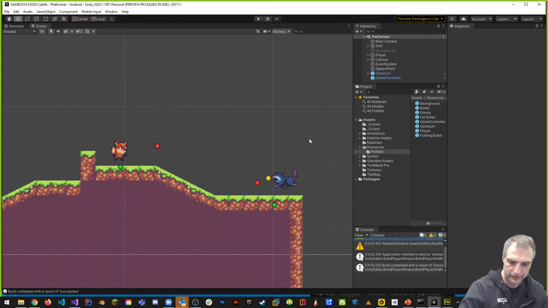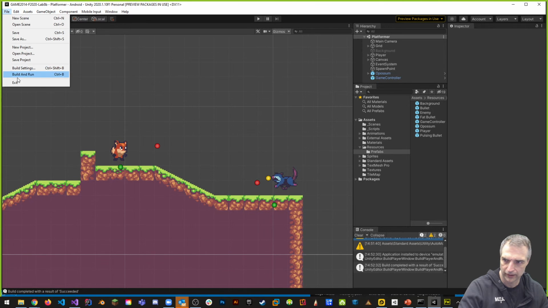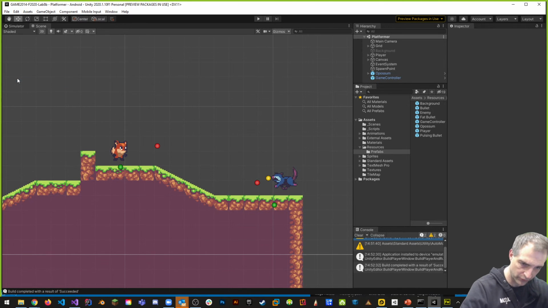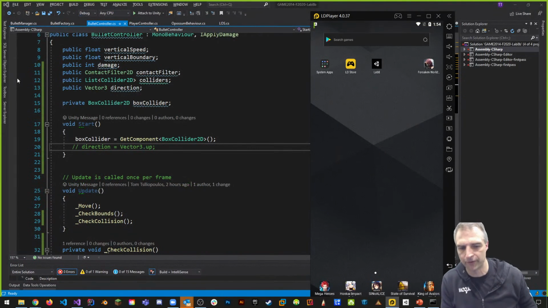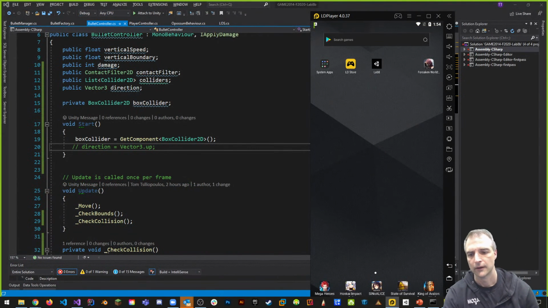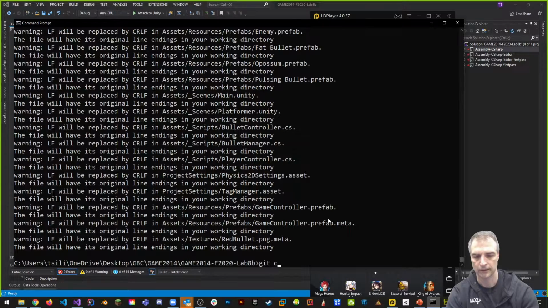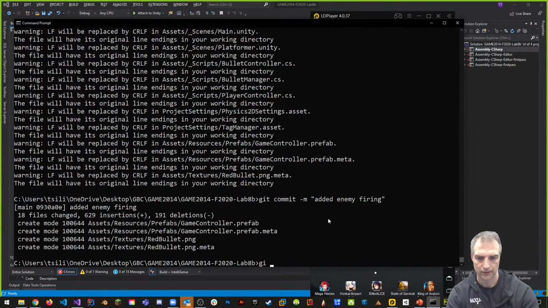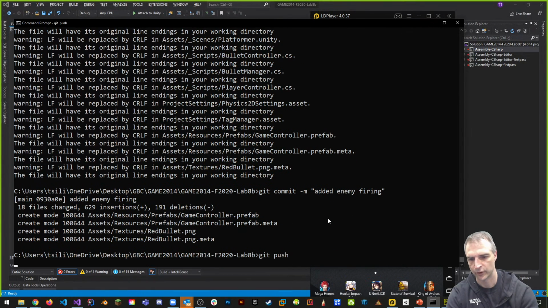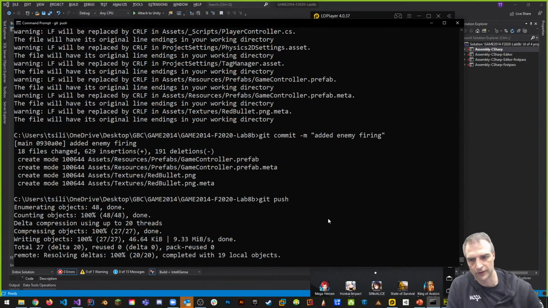Okay, so let's save it. While I'm saving it, I'll save the project, and I will exit and put this up on GitHub for you. The texture modification will be up on GitHub as well, and we'll see that in a second. So I'm just going to say git commit -m, and we'll say "added enemy firing." Git push. We did more, but this is just a way of, and you can see the red bullet went up to